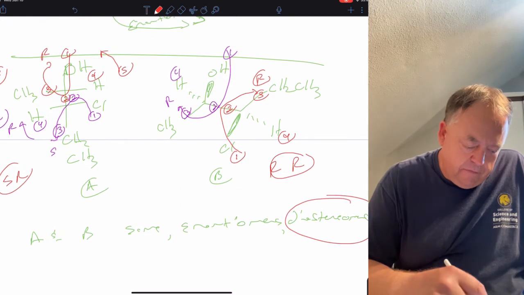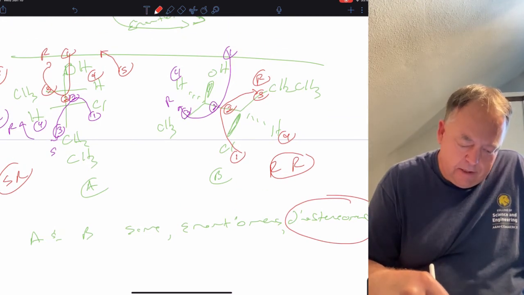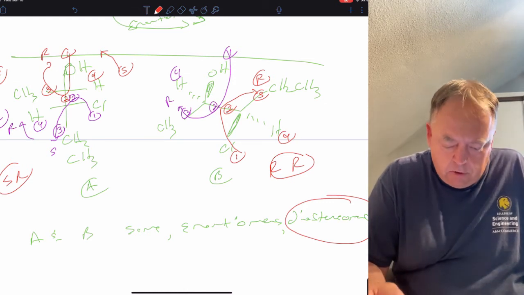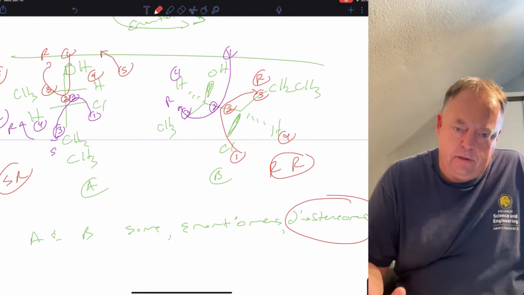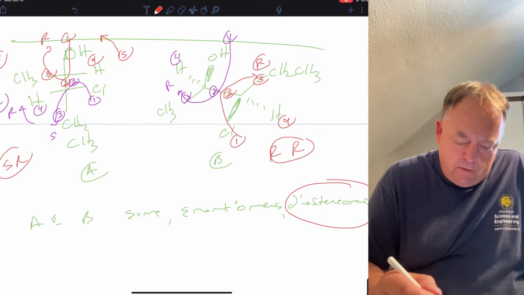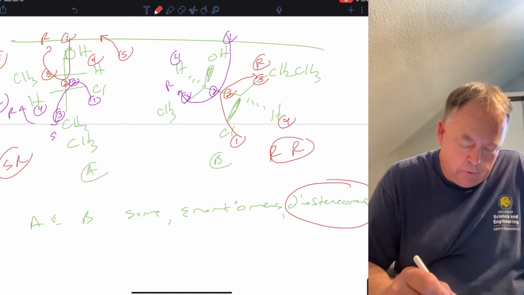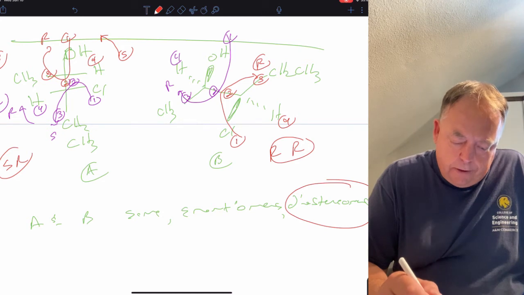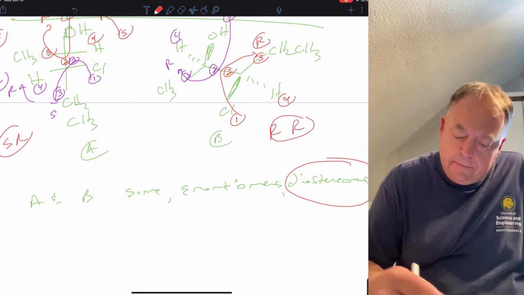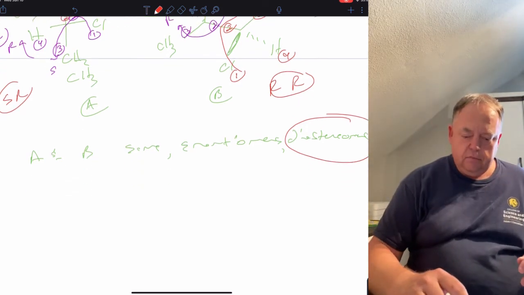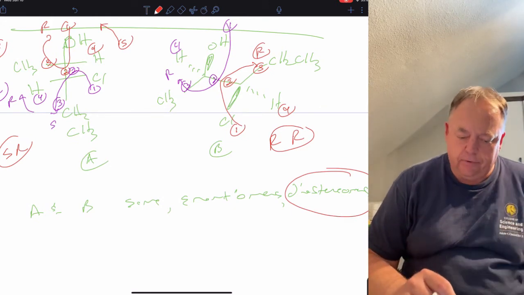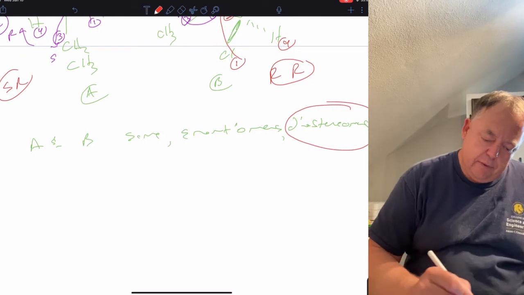The only way, if A is SR, then the only way to be the same would be if B was SR. Specifically the carbon with OH would have to be S and the carbon with the Cl would have to be R. Then they would be the same. To be enantiomers, B would have to be the RS isomer, where the carbon with the OH would have to be R and the carbon with the chlorine would have to be S, so that it was opposite of A. So it's not the same, it's not opposite, therefore they are diastereomers. And that's just another form of spatial isomer. That's not mirror images and not superimposable. So if we compare A and B,